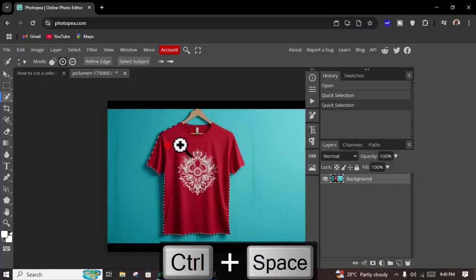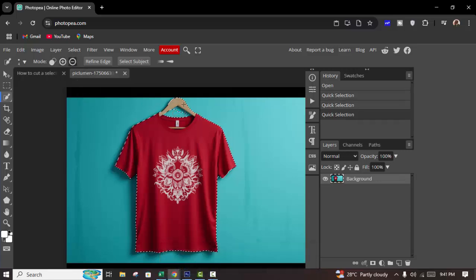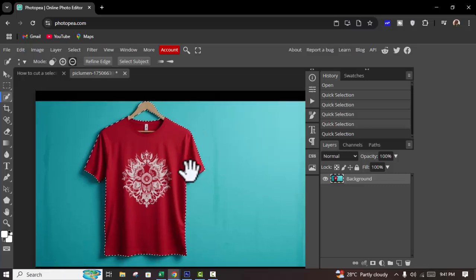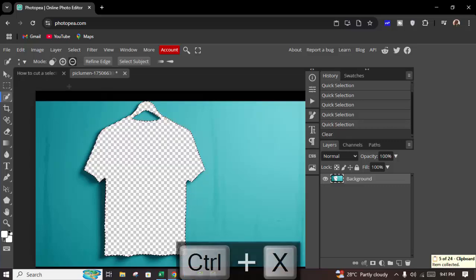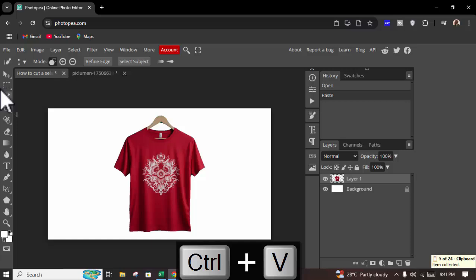Zoom, remove selection. Okay, then press Ctrl X to cut this selection, then press Ctrl V, or